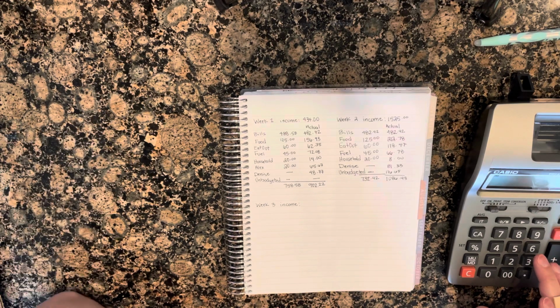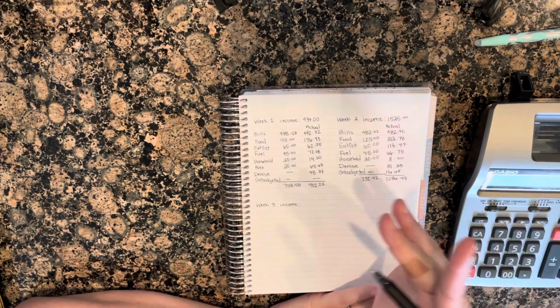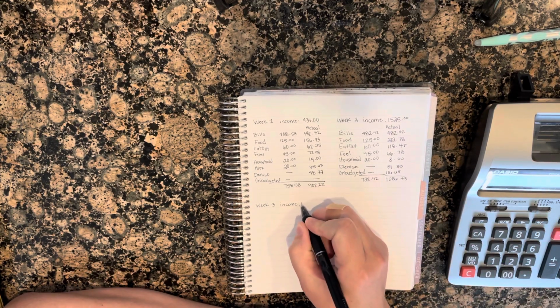So the child care credit should be $300 for children under 6, and then $250 for children over 6. So I have an almost 1-year-old and an 8-year-old. So we got $550. So let me just double check that because I don't know if I added it before or after. And you should be getting that every month. I'm pretty sure I read it right. It should be every month until the end of the year, up to $3,000. So I could be wrong. Don't quote me, but so our income this week is